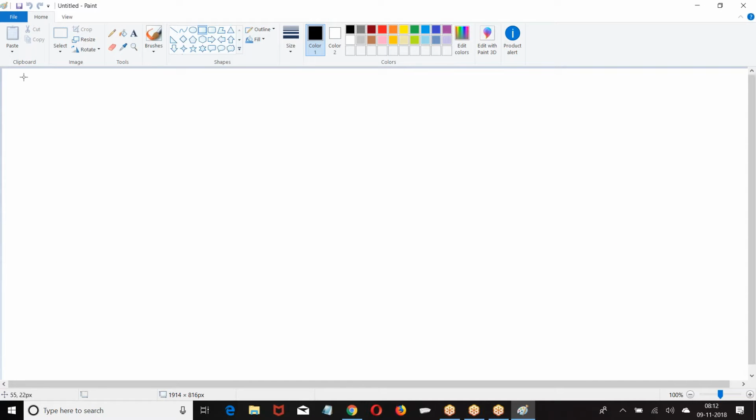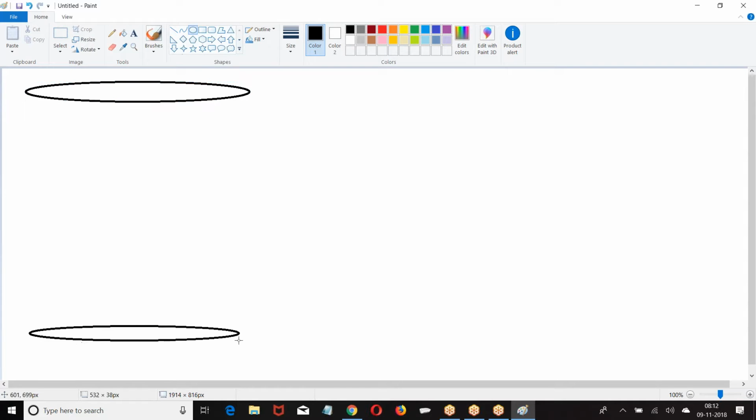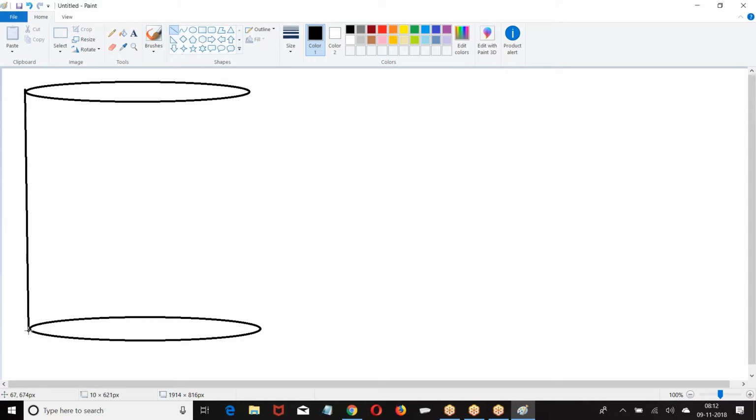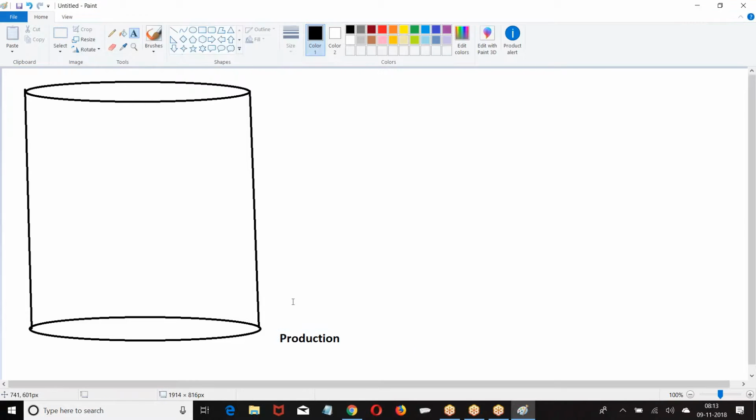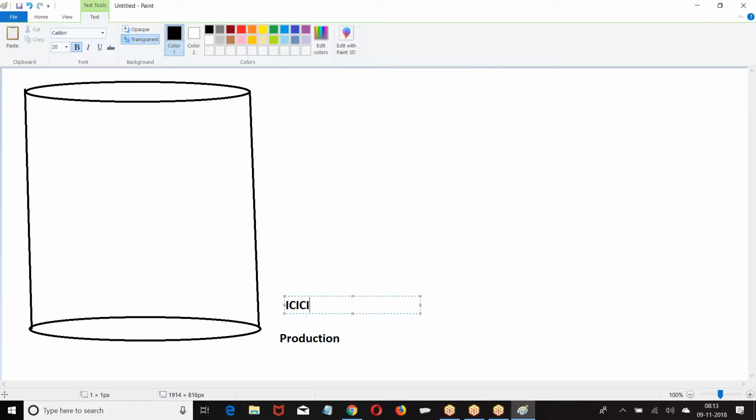Now look at this. This is my database. This is one org, your production org. Production org means all this data belongs to a single company, let us say ICICI.